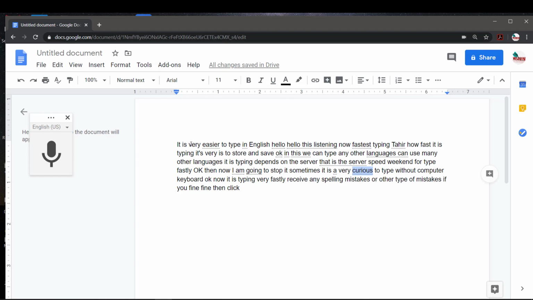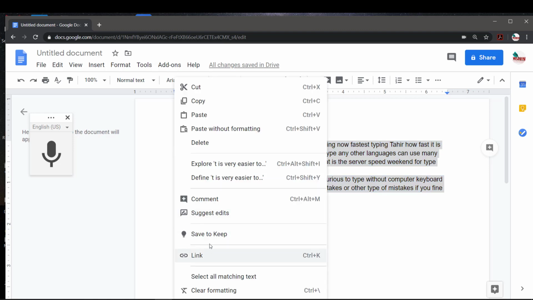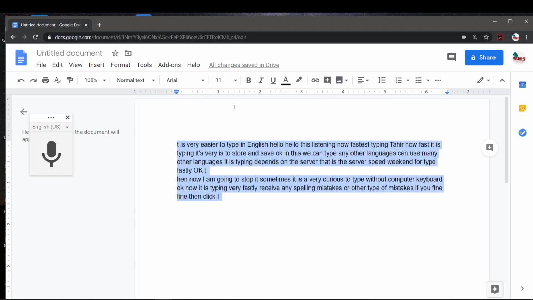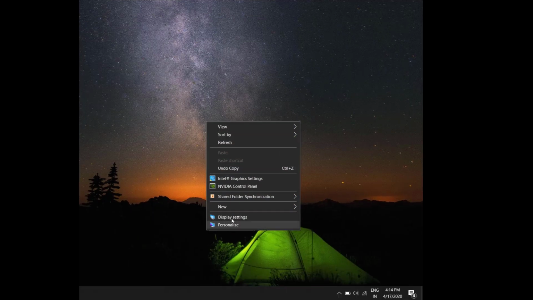And also suppose you want the same in editable format, then you can just copy it. Copy the paragraph. Suppose you want this on your desktop, then you can open a new Word document.